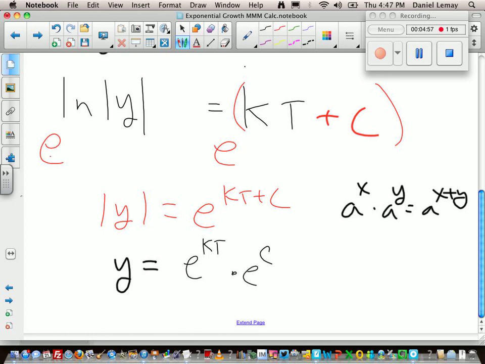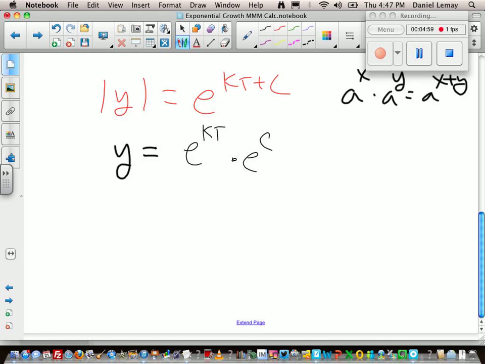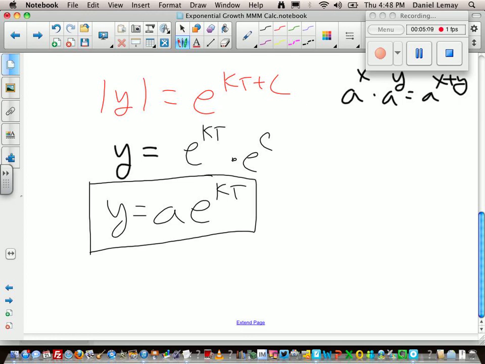And then e to the c is just some constant. And when we've been working with exponential growth before this year, you always just treated that as a. So that is the antiderivative of that original differential equation. So this is what's called the general solution